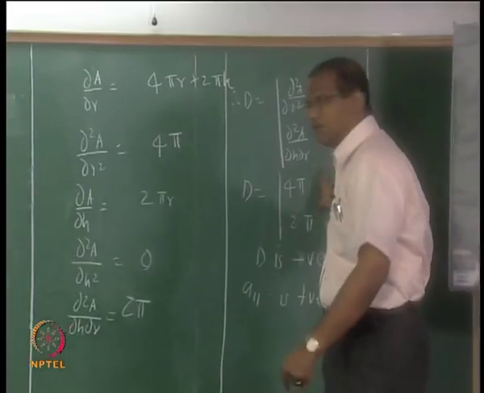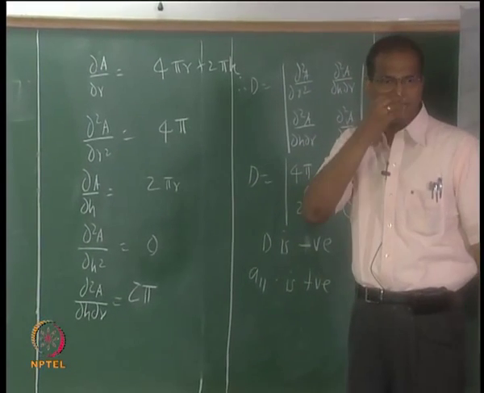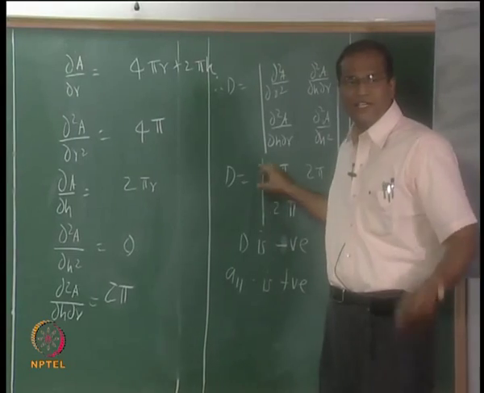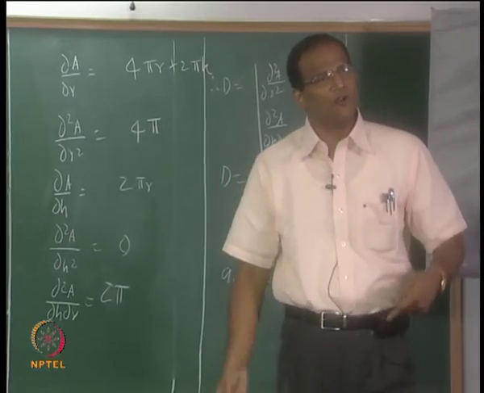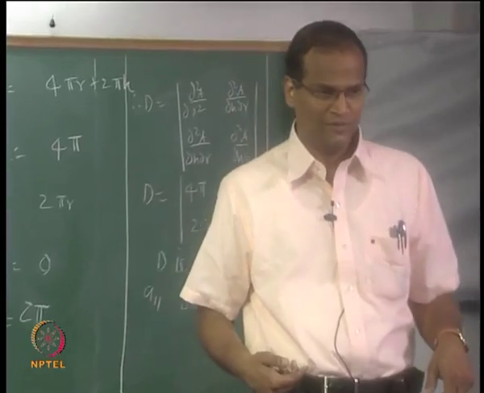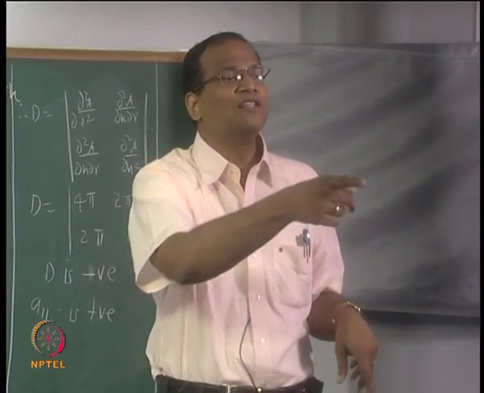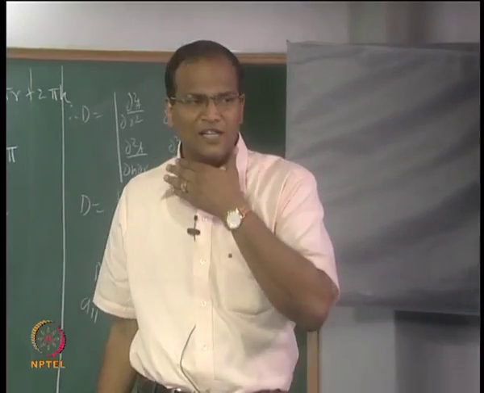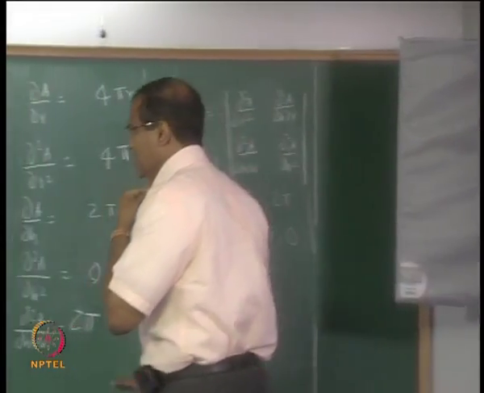So Senthil, what happens is if D is less than 0, provided none of this is 0, then what you are saying is fine, that it is a saddle point. But instead of starting the test with A11, we could have started the test with A22 also. If A11 or A22 is 0, then it is inconclusive.